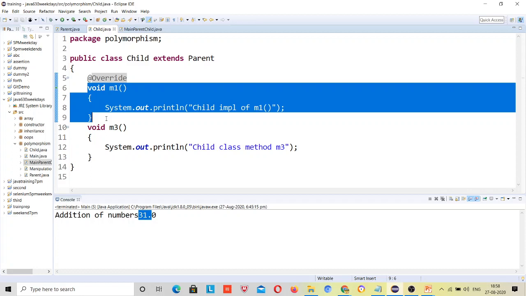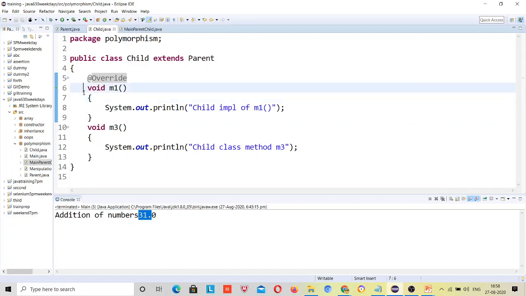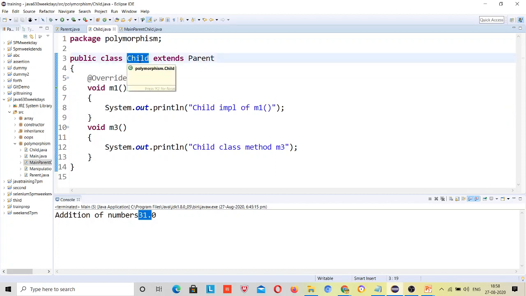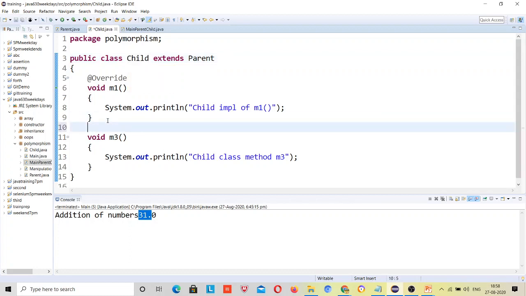If I don't write it, then this method m1 may be this child class's own method, or it may or may not be present inside the parent class. Likewise, if I write @override above this m3, it means that this m3 should be present inside the parent class because you are overriding this. So you can override only if it is present inside the parent class, right?